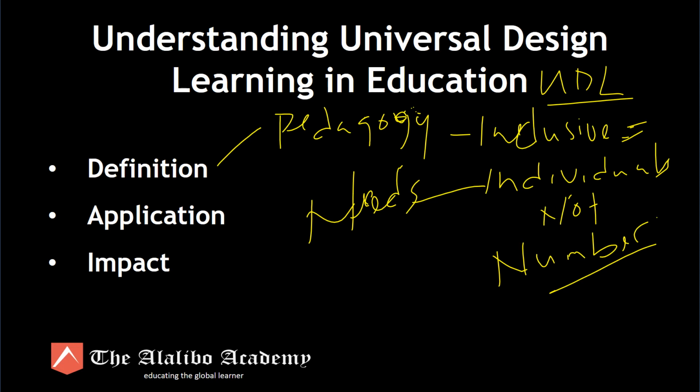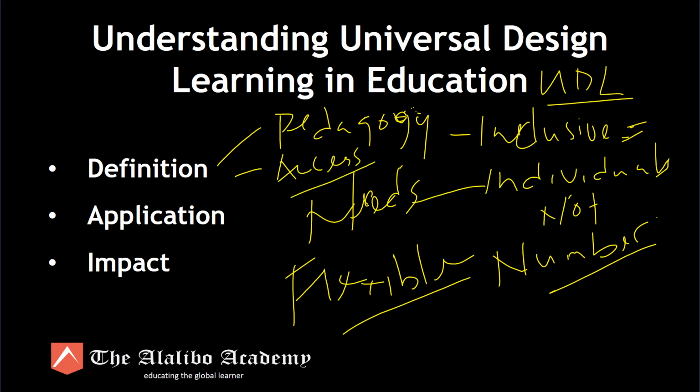So UDL has acknowledged the individuality of students and is saying that we need to be more flexible in the way we approach learning. And that flexibility includes a lot of things. So as part of that flexibility, students have access to course materials in different ways, not just through the traditional hard copy textbook, but through electronic means. And even within the electronic means, there are different platforms of how they can access the course materials.